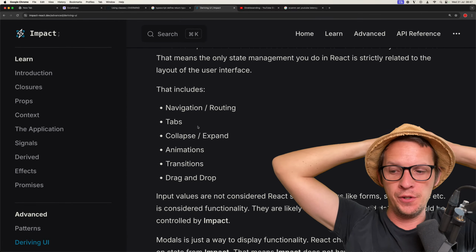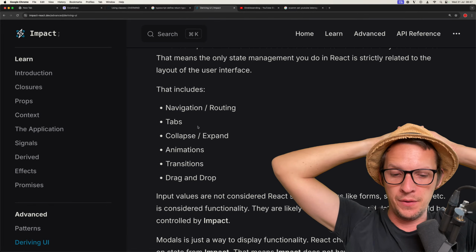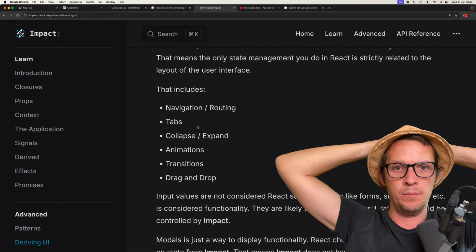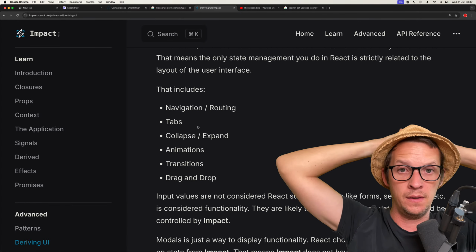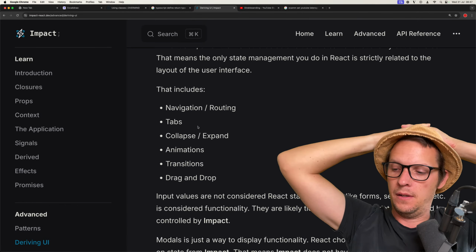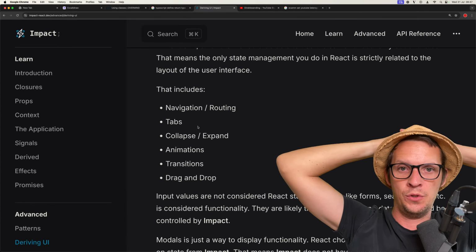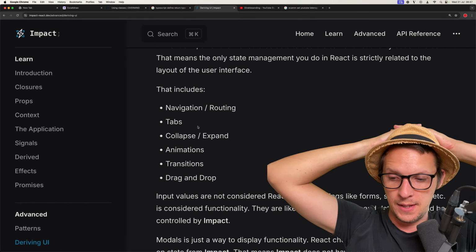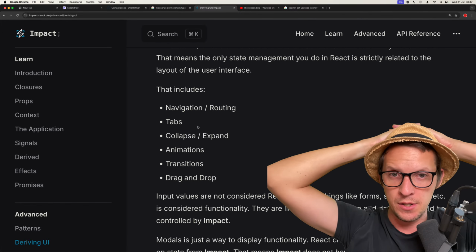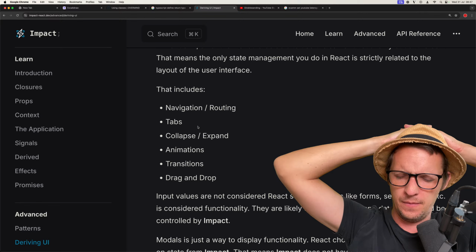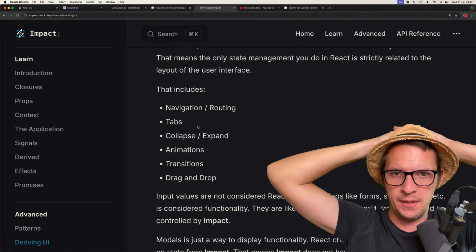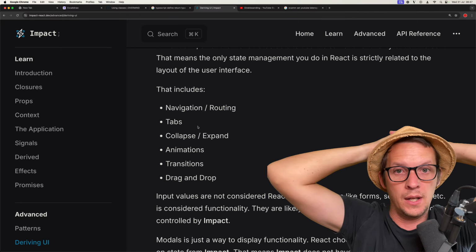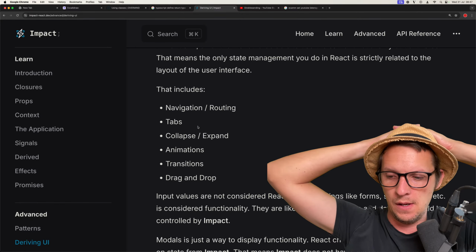I like the mental model of thinking about your application as having the flexibility to be implemented in different UIs. It also helps you use the same state management for a mobile application, tablet application, and a web application. You implement different UIs for that, but you can keep your state management.